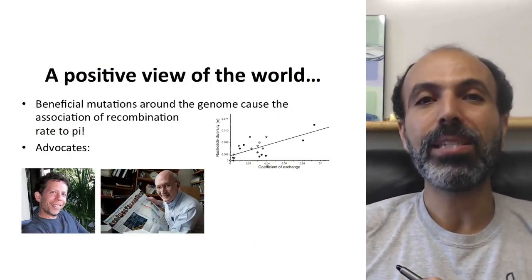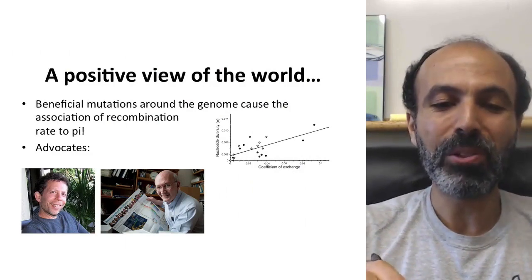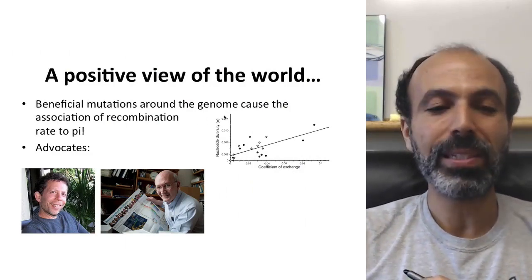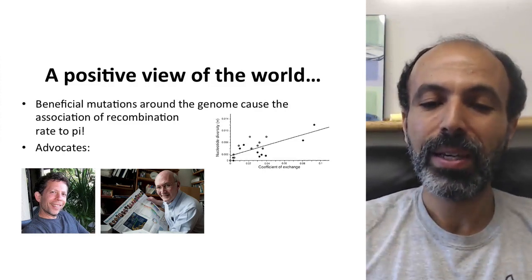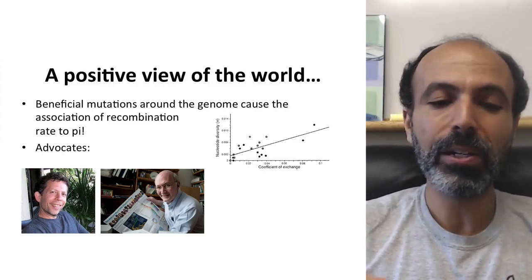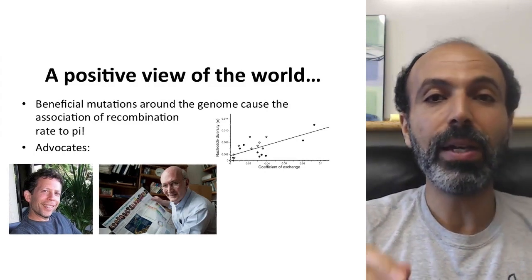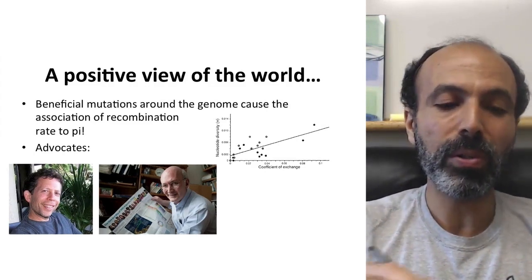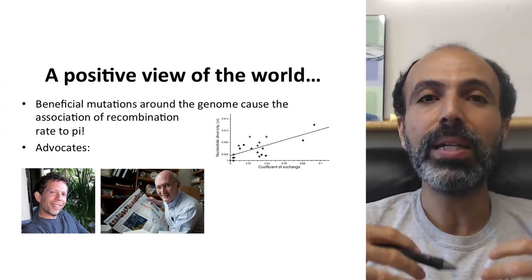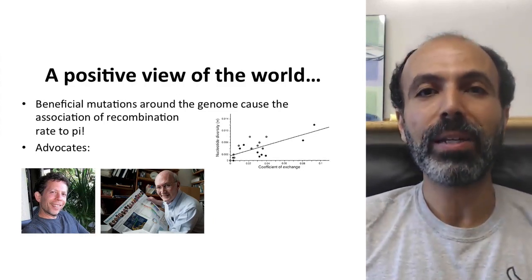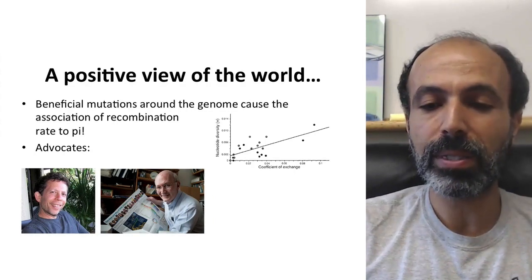Now, I already gave you the positive view of the world, this idea that beneficial mutations around the genome cause this association between recombination rate and pi, this spread of adaptive variants. This was pioneered by these two fellows, David Begun and Chip Aquadro. Chip Aquadro is at Cornell, David Begun's now at the University of California at Davis. Now again, their idea is that there's very frequent selective sweeps on the genome,